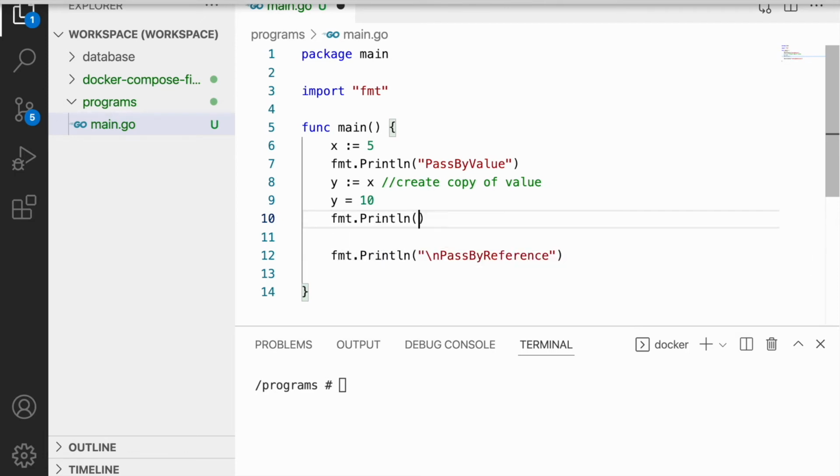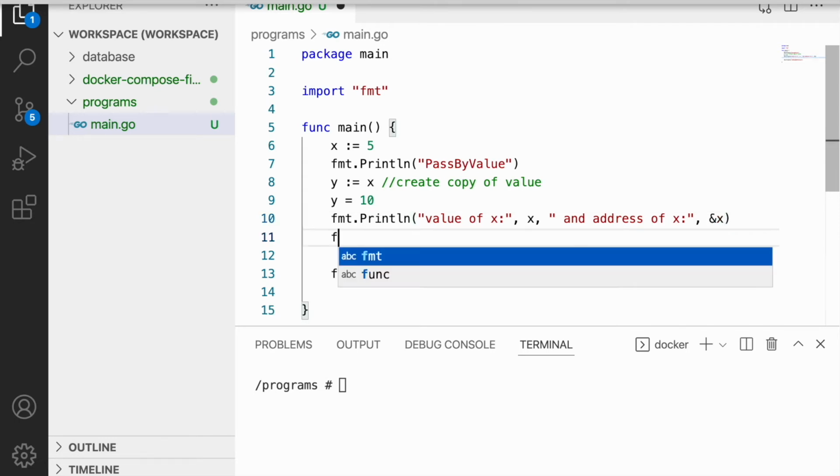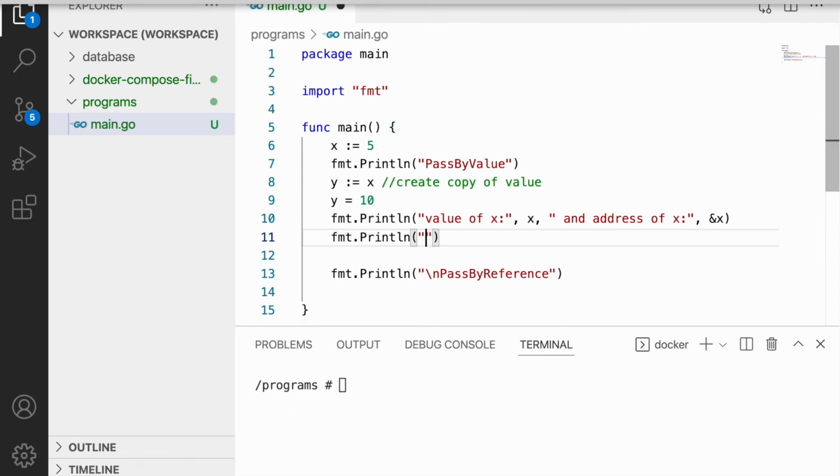Println, value of x equal to x and address of x, that is ampersand x. Let's print the values of y.